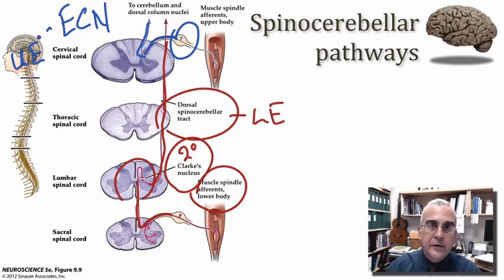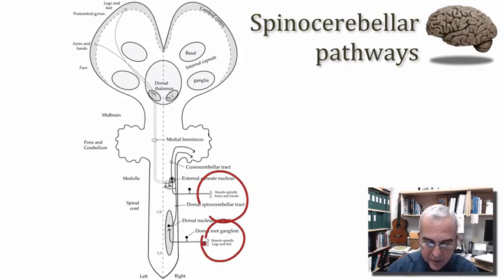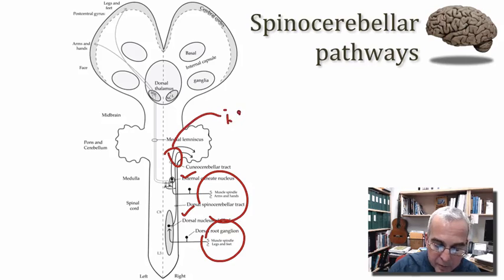Okay, so Clark's nucleus is concerned with the lower extremity. External cuneate nucleus is concerned with the upper extremity. Now, here's an illustration from my friend and colleague here at Duke, Dr. Nell Cant, where she has tried to put this pathway, the spinal cerebellar pathway, together with the dorsal column medial lemniscal system. And what we see is that proprioceptive information derived from things like muscle spindles and Golgi tendon organs enters the spinal cord via projections that run through the dorsal nucleus of Clark for the lower extremity or the external cuneate nucleus for the upper extremity. And then from there, the pathways enter the cerebellum via the inferior cerebellar peduncle,